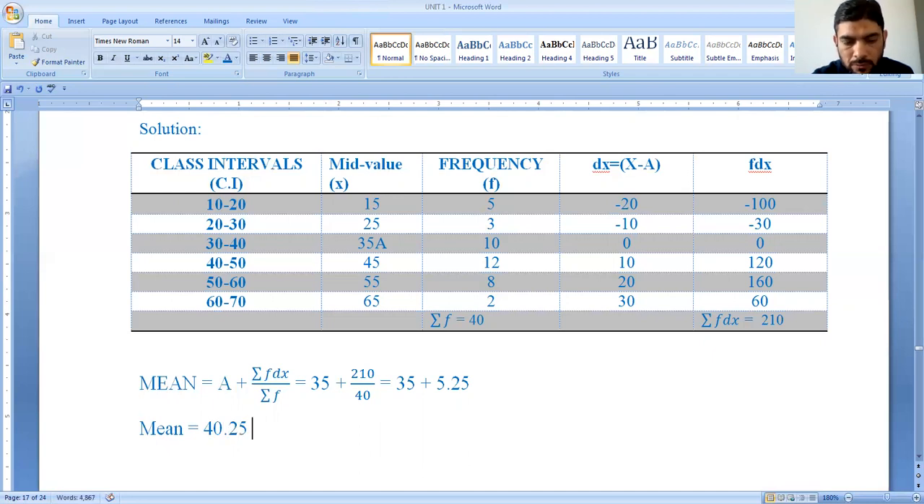So mean will be 40.25, answer. So students, if you have any query related to this question or this method, you may